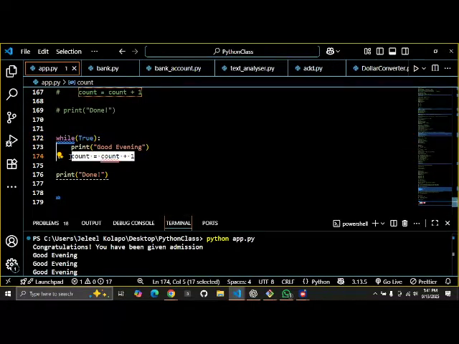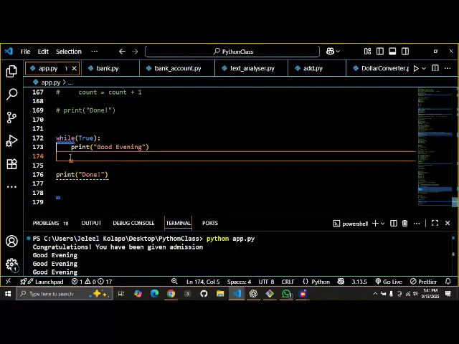Since we are not interested in the number of times again, we don't need this count equal to count plus 1. What you need now to stop it is input from the user. Actually, when you input into the code, you are going to make it take some decision. Now let's say